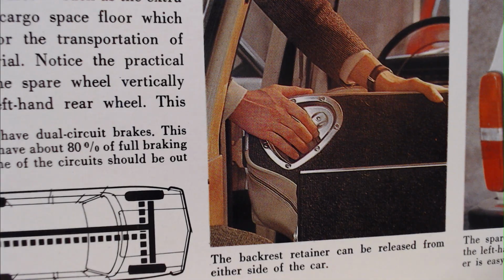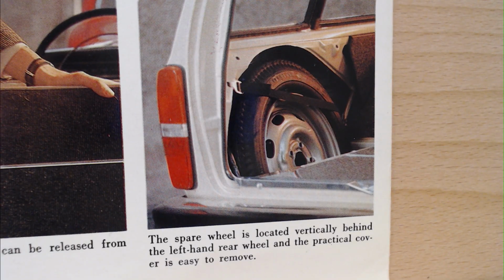For example, this little image showing the backrest retainer. Look at the quality of the materials used. It says it can be released from either side of the car. In my opinion, also the perfect place to put the spare wheel, located vertically behind the left-hand rear wheel, and the practical cover is easy to remove. I always much prefer that position than sticking it underneath and it being absolutely filthy and rusty when you actually need it. I do like that that's easy to get at, and I think I might steal this idea because